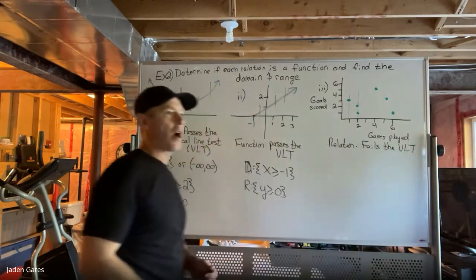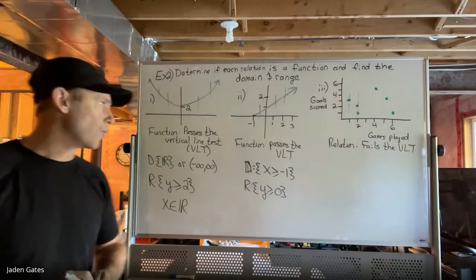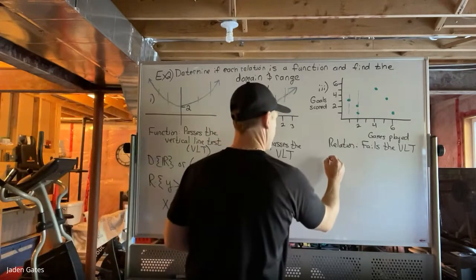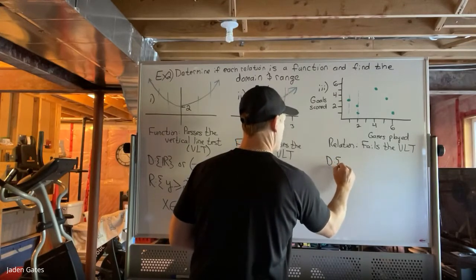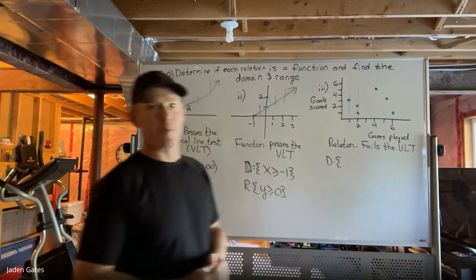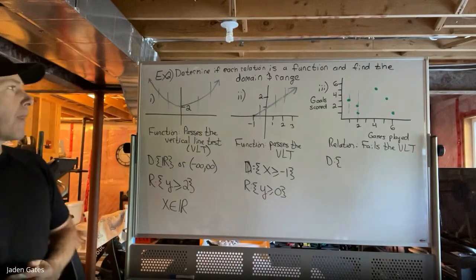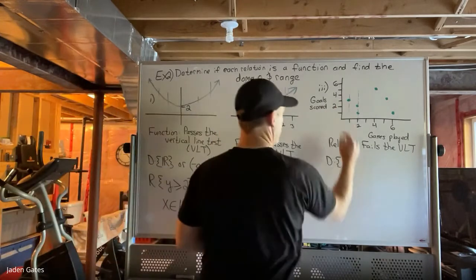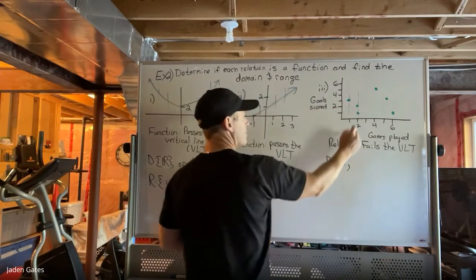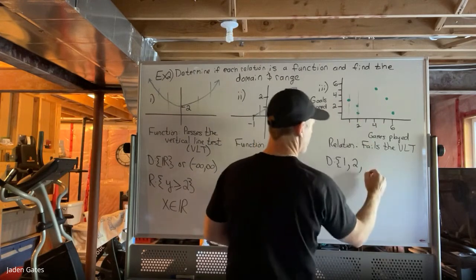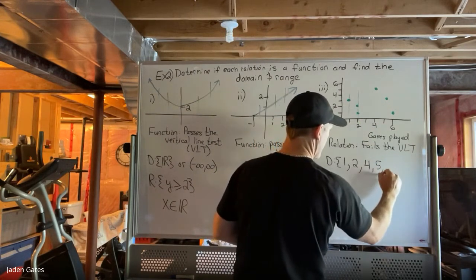Because we do have a spot where I can draw a vertical line and it hits twice. All right, then we get to domain. The possible X values. Well, the possible number of games played by people. And so in this case, somebody played 1 game. Somebody played 2 games. Nobody played 3 games, but somebody played 4 games, somebody played 5 games, and somebody played